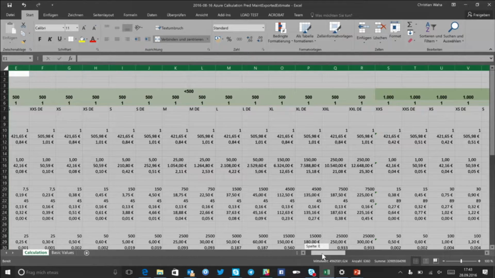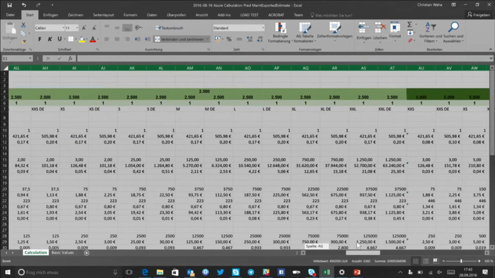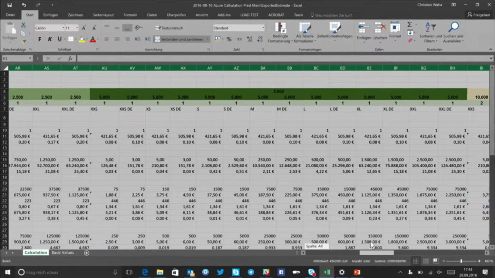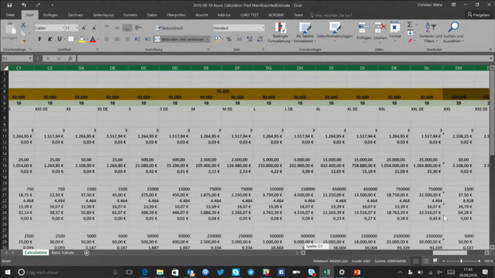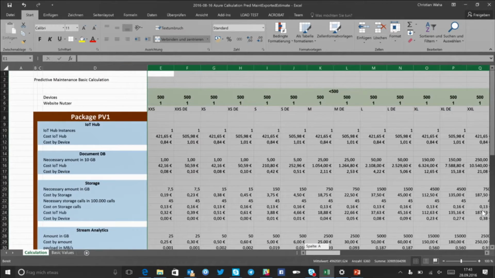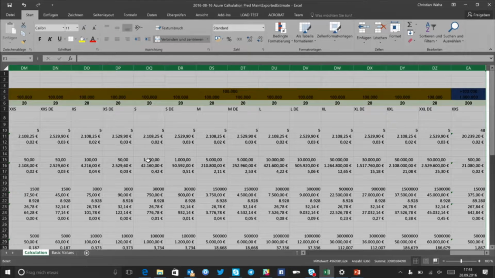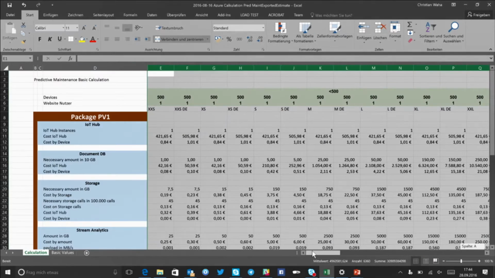And we think about 500 devices, 1,000 devices, 2,500 devices, and 5,000 devices, up to more than 100,000 devices. And the interesting thing is, after some time, there's no difference in the pricing for all this stuff. The most interesting cost in all this is the storage of the data.